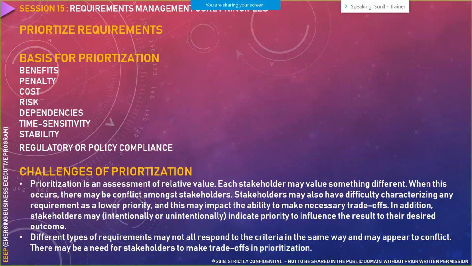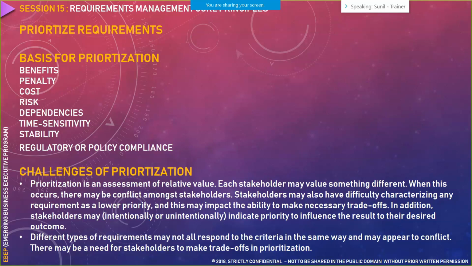You have to listen to all the stakeholders and you have to do a ranking of the outcomes that they give you, and on that basis a cumulative prioritization is expected, wherein you have to bring all the stakeholders on the same page by educating them around the importance of that particular requirement. If someone is still in confusion, you can always educate them and explain the significance of that particular requirement.